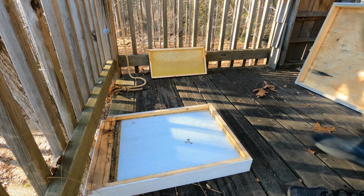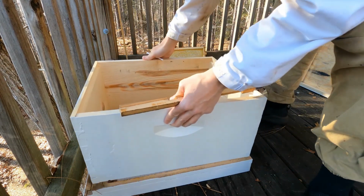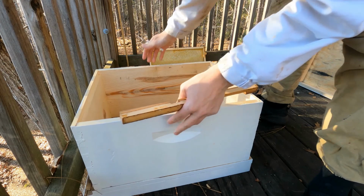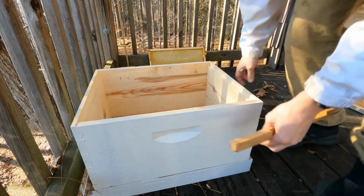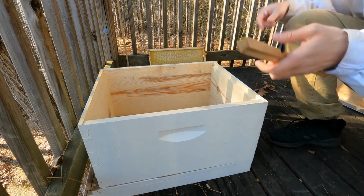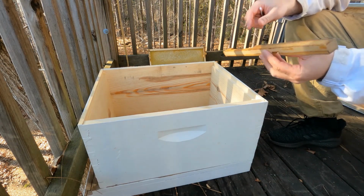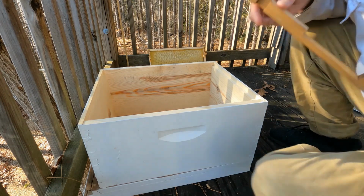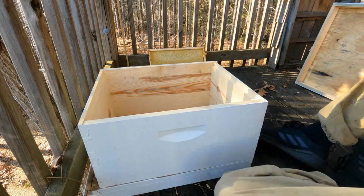on there. Again, this is not the design of swarm traps I'm going to be using for the ones that are going to hang to actually catch swarms. Again, this is more of a defensive swarm trap. So I'm just using a deep body. We'll see how that goes, as far as, God forbid if last spring I definitely had a swarm,